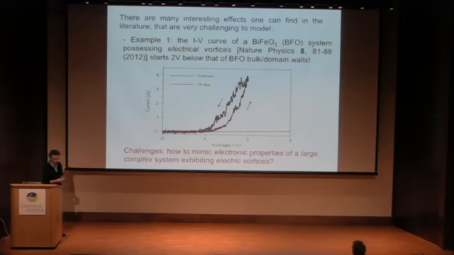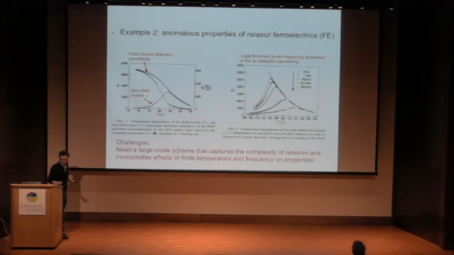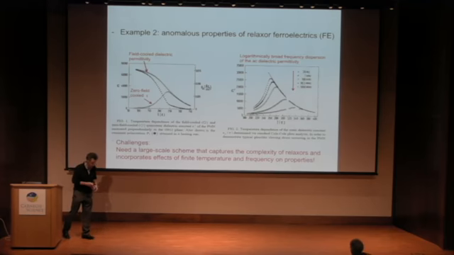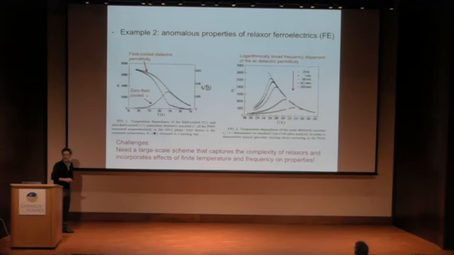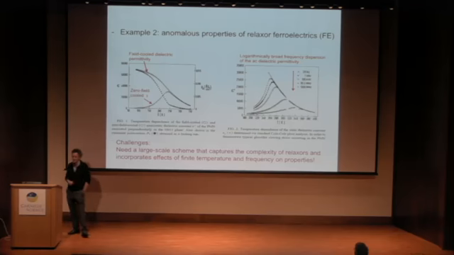Another example of very interesting problems that you can find in the experimental literature is about these relaxor ferroelectrics. I find them extremely fascinating systems, and they exhibit quite anomalous properties. For example, if you look at the dielectric response versus temperature, it really depends on how you do the measurement. You can do a field-cool measurement, in which case you get a plateau at low temperatures, or you can do a zero-field-cool, and you get a peak. And even below this peak, there is no phase transition.